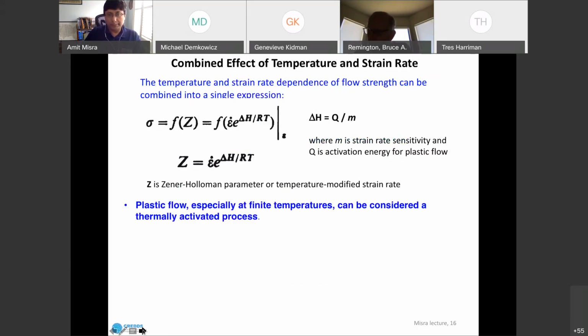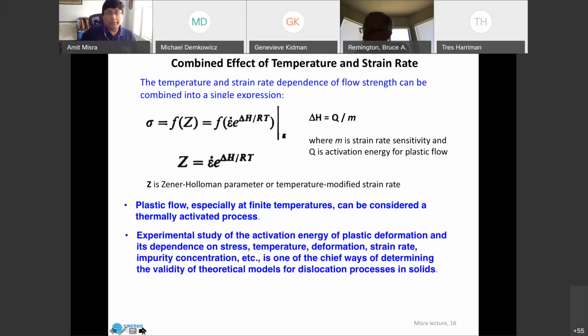Plastic flow, therefore, is a thermally activated process, even if we are deforming the material at room temperature or even at temperatures below room temperature. It's always a thermally activated process. And the experimental study of the activation energy for plastic deformation and how that activation energy depends on the stress,